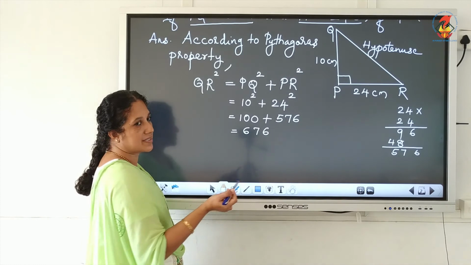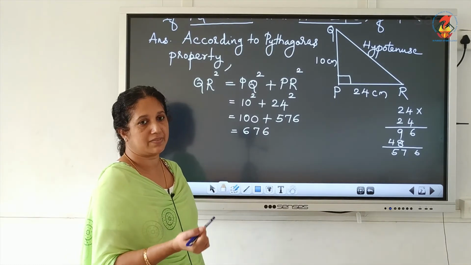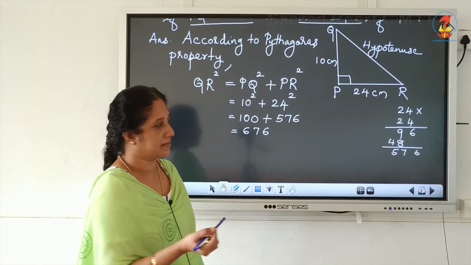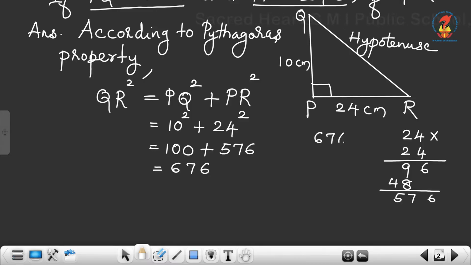Now, 676 is the square of which number? So, we can apply the prime factorization method. 676 you have to factorize using the prime numbers. So, 676 is an even number. So, we can start with the 2. 2 3s are 6, then 2 3s are 6, then 2 8s are 16, 338, again with the 2, 169, and 169 we can divide by 13 only. So, 13.